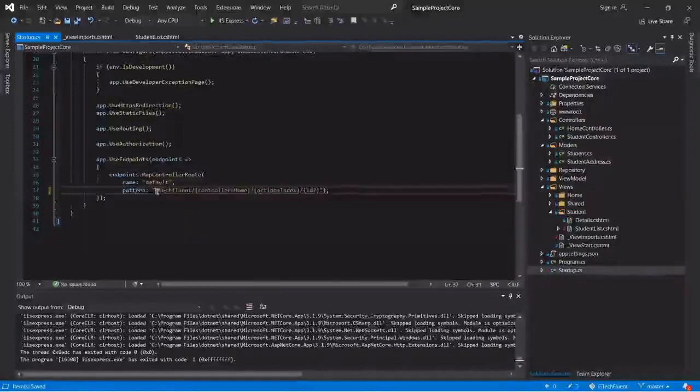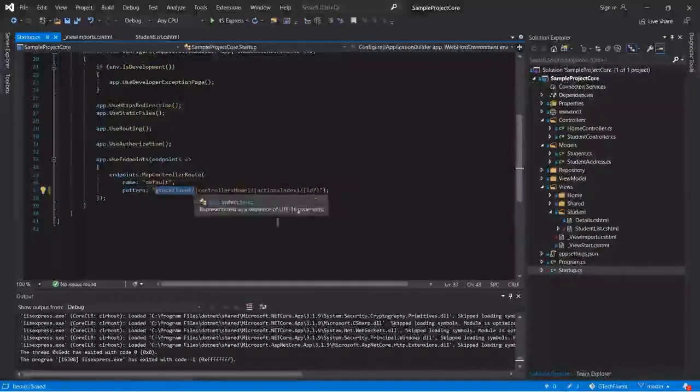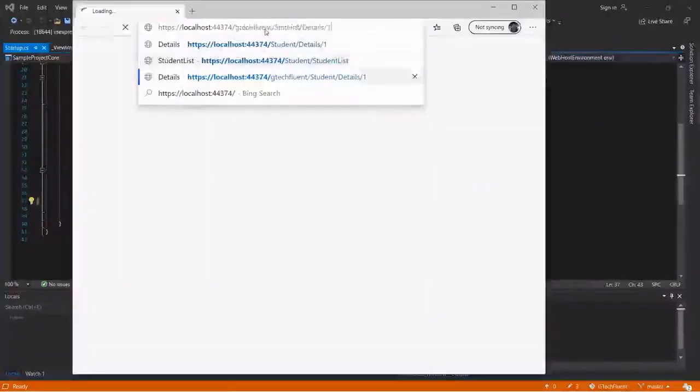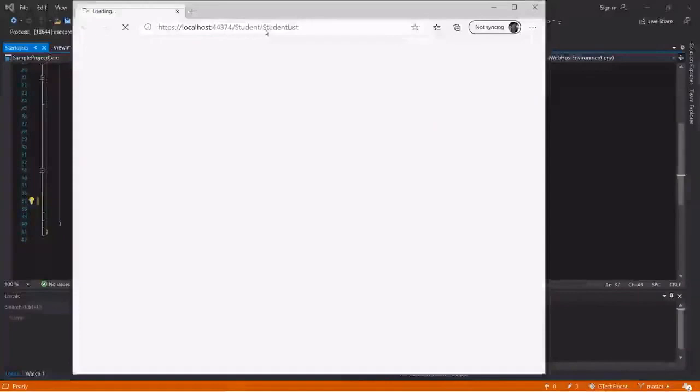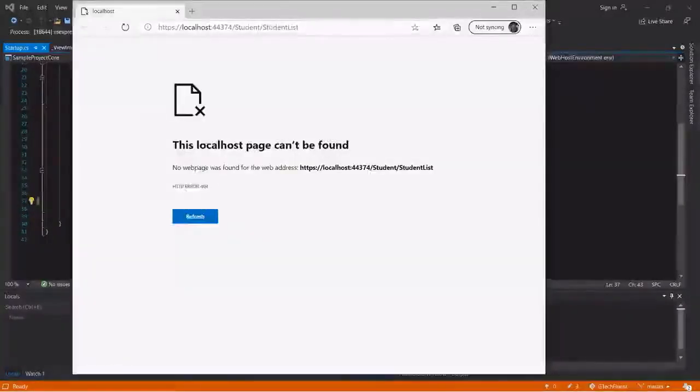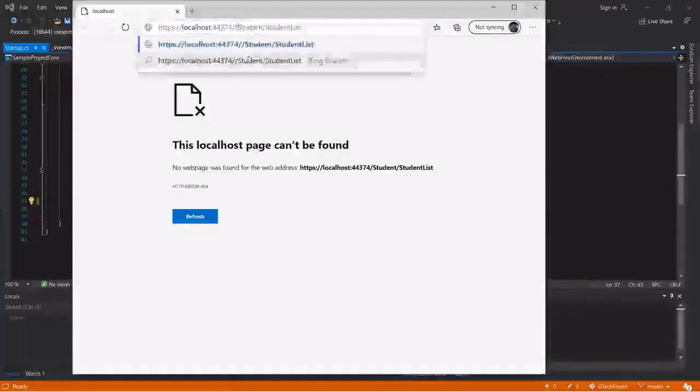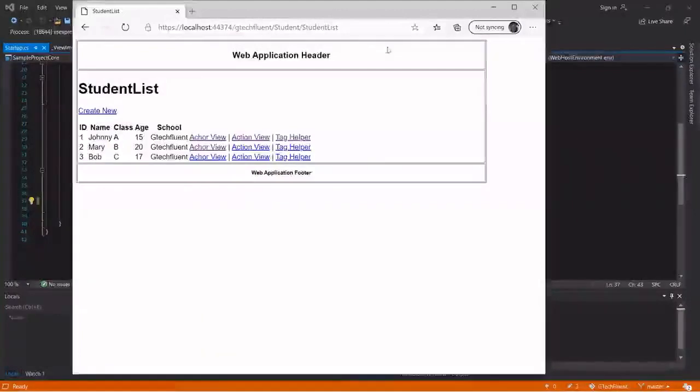Then we need to access our route as GTech Fluent / controller / action name. After this change, let's run and see. Let's access student / details / student list. Look, it is not able to be accessed because we need to add GTech Fluent in front of student. GTech Fluent and then the controller name and the action name. Now we are able to access it.